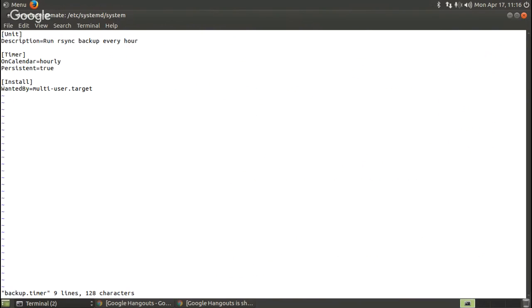So now that I'm in this file, we can change the on calendar. This is where we're telling it to run. I'm going to hit I for insert. I'm going to change this to weekly, and then I'm going to delete that. So now it will read on calendar equals weekly, which is probably more what you're going to do